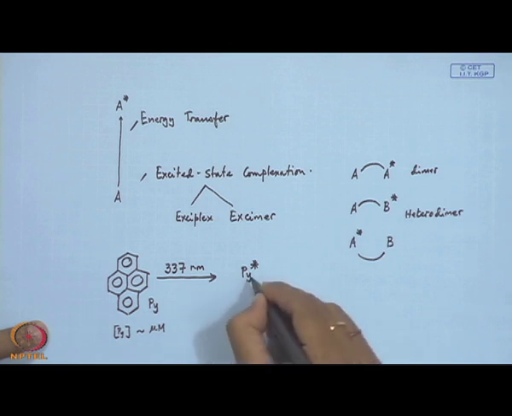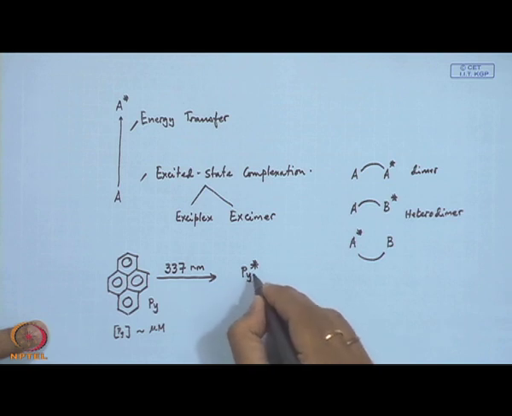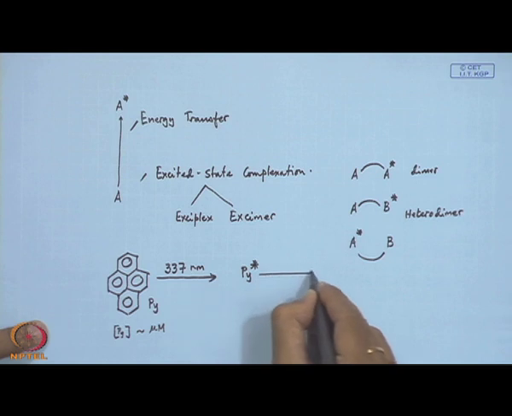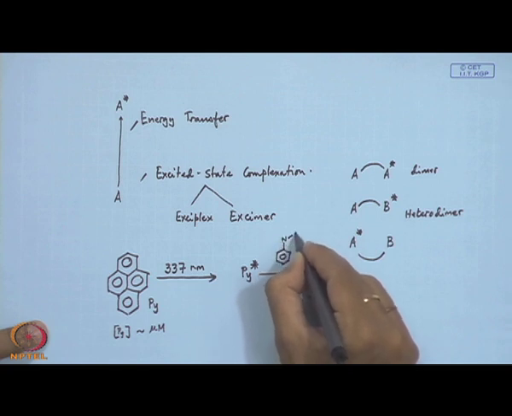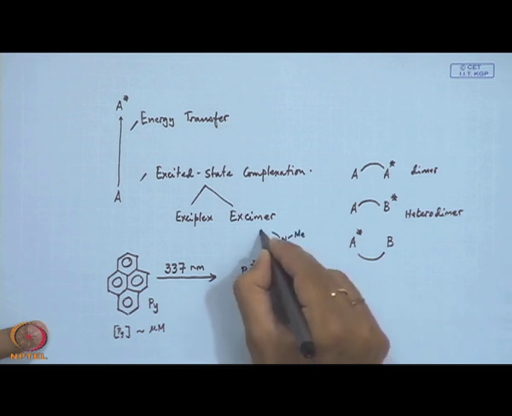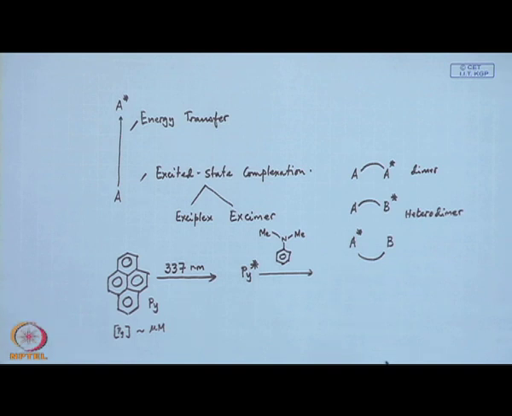Then pyrene star, and suppose if you add from outside to this excited pyrene, that is pyrene star, DMA, dimethyl aniline, in the ground state, NMe2, say maybe in benzene, in dry benzene or some less polar solvent,